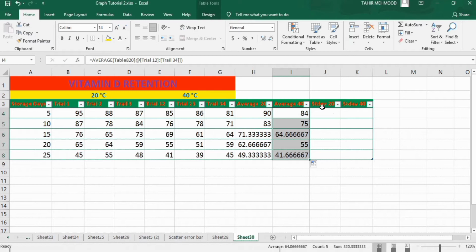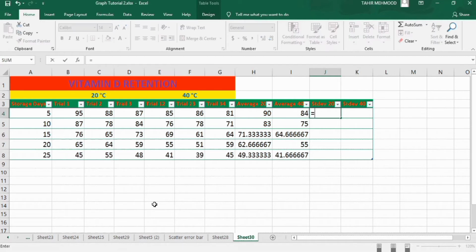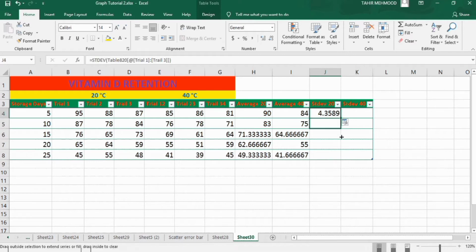Now we will calculate the standard deviation of the trials which are conducted at 20 degrees centigrade. Put equal sign, write standard deviation and double click on it and select the result at 20 degrees centigrade. Press enter and apply the formula on remaining one.